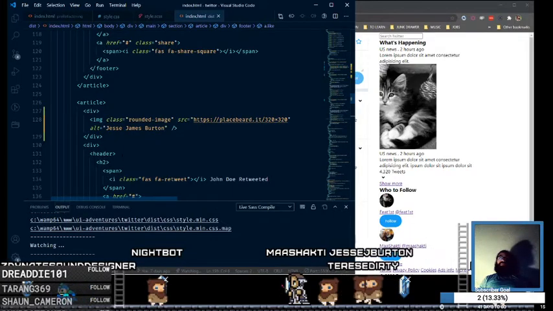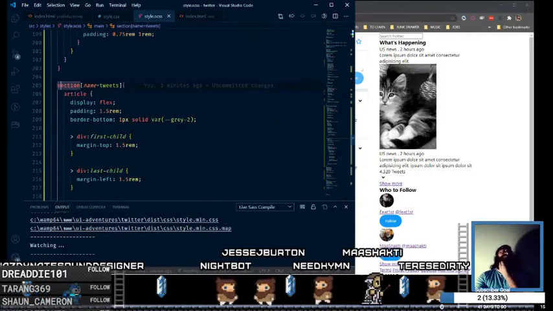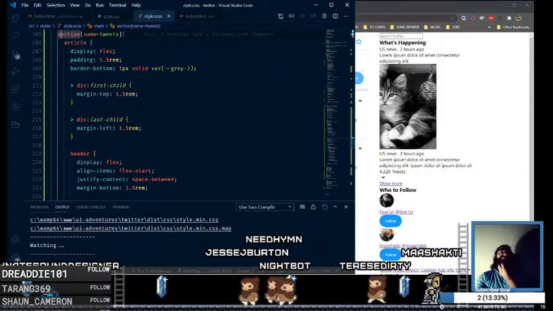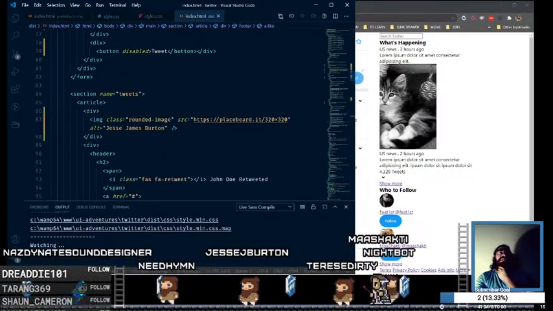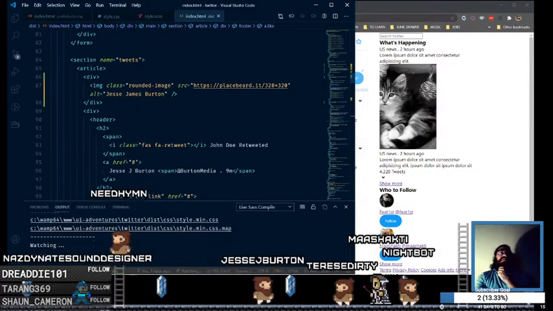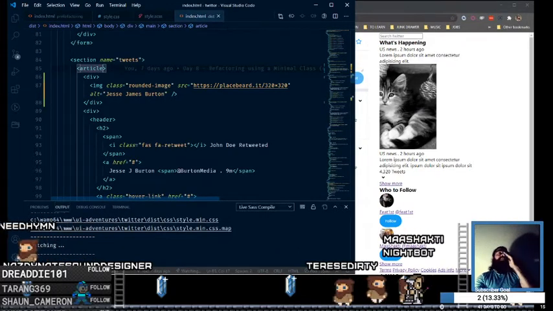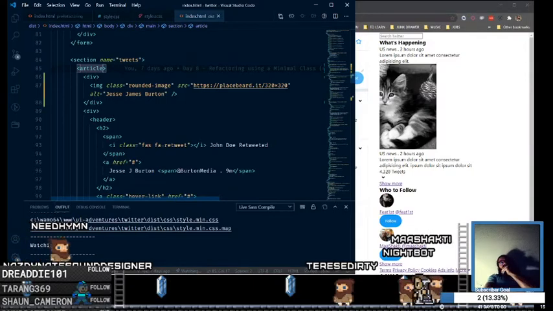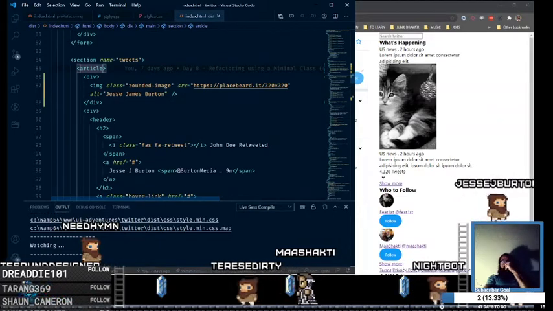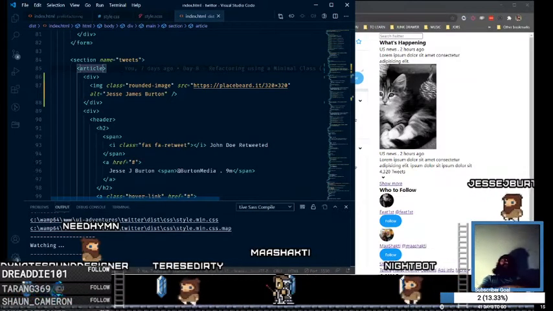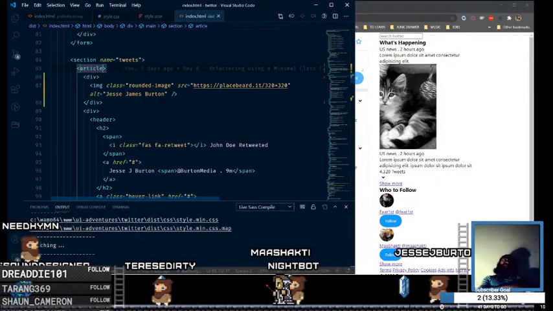So, in light of this new information around these first classes and first childs and things, I'm wondering if it makes sense for me to add some classes and do this a little bit different. It's almost like there's two. I want it to be universal so that if there is a thread, it just shows up. If not, then it doesn't. So I don't really want to necessarily